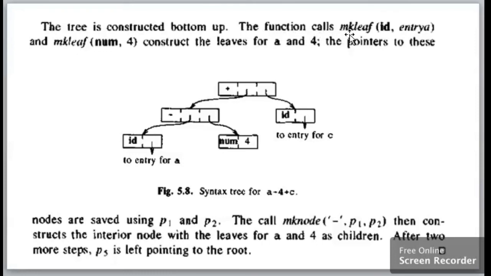The function calls mkLeaf, and the mkLeaf constructs the leaves for A and 4. The pointers to these nodes are saved using P1 and P2. The call mkNode minus P1 P2 then constructs the interior node with the leaves for